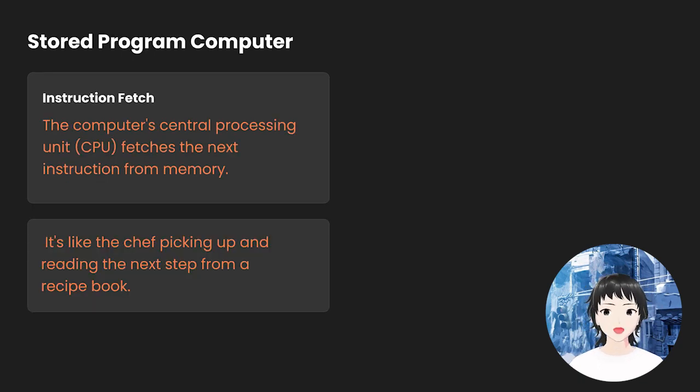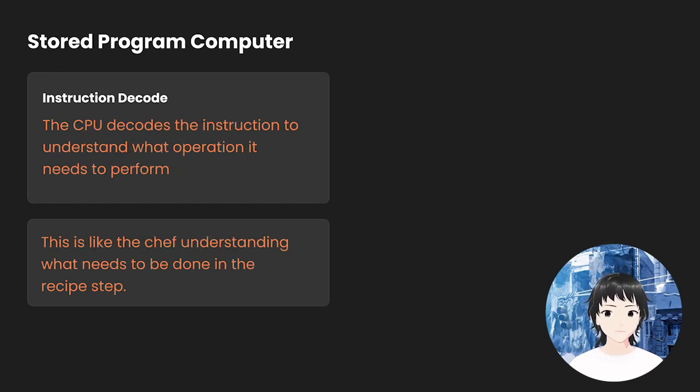The first one is instruction fetch. The computer's CPU fetches the next instruction from the memory. It is like imagine a chef reading the next step from a recipe book. Then the next part is to decode what's written there. The CPU decodes the instruction to understand what it actually has to perform. That's the decode. It's like the chef trying to understand what's written in that step before they can perform